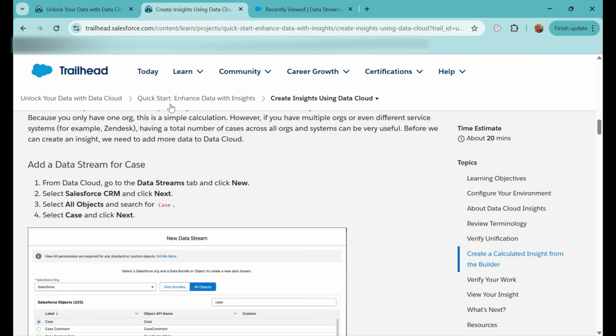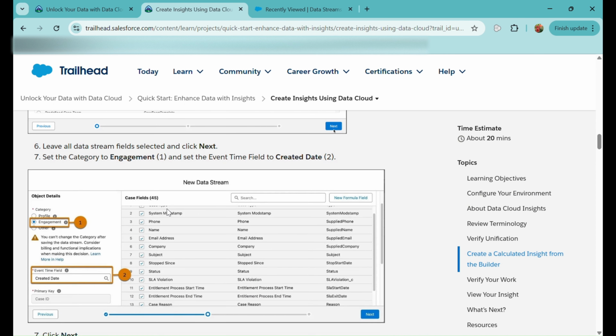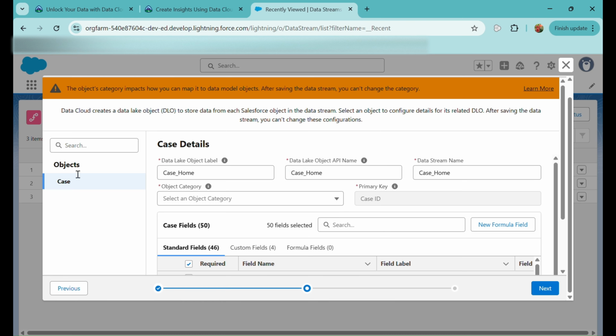After clicking on next, we need to leave all the fields as they are, and select the category as engagement and the event time field to create a date. Here you can see an object category, so I'll select engagement. We have already discussed the difference between profile and engagement category.